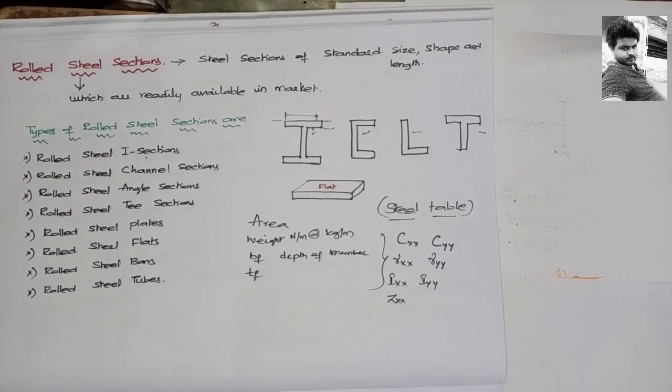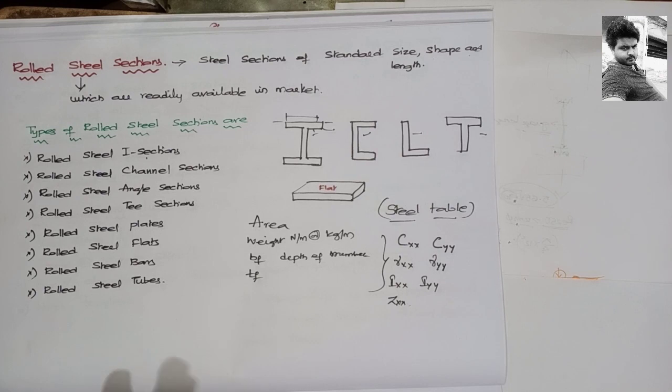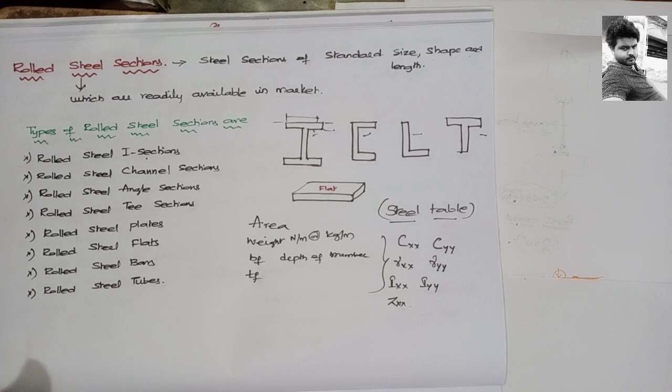Generally you have studied section modulus, but in steel structures, while designing beams, you will study the elastic section modulus and plastic section modulus. For this, the values will be obtained from the annexures of IS 800-2007. So these are some of the basic topics. I have divided this into 3 parts, and this is my part 1.